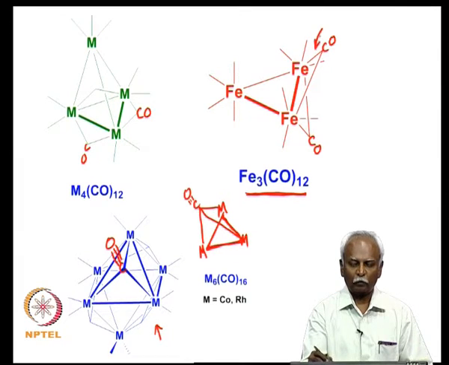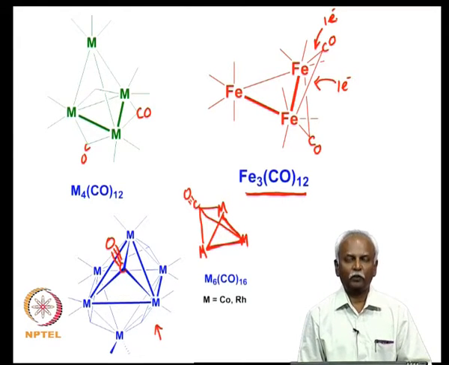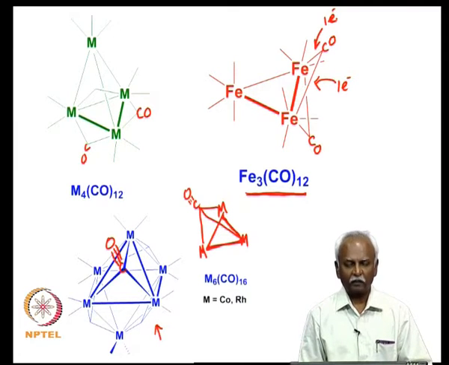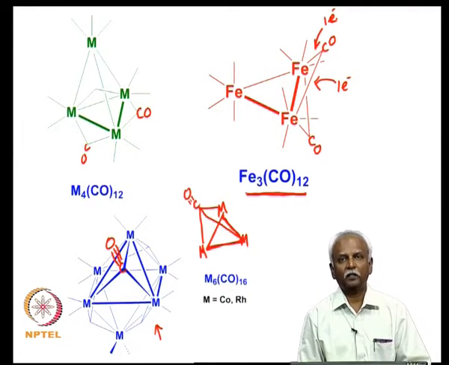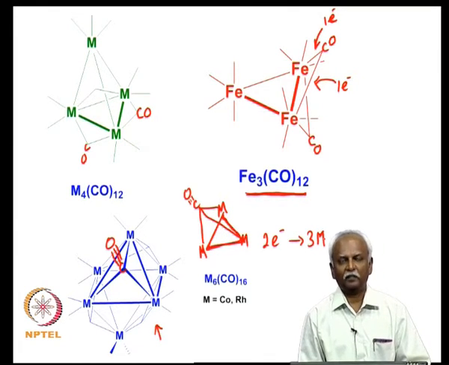This counts for one electron, and this counts for one electron. This bond counts for one electron as well. So, the two electrons donated from carbon monoxide are now split between the two iron atoms. In the case of triply bridging carbon monoxides, electron counting is a little more difficult. However, we say that the two electrons are shared between three metal centers. So, we have to do a total valence electron count and then take care of the number of electrons available for the metal atom.